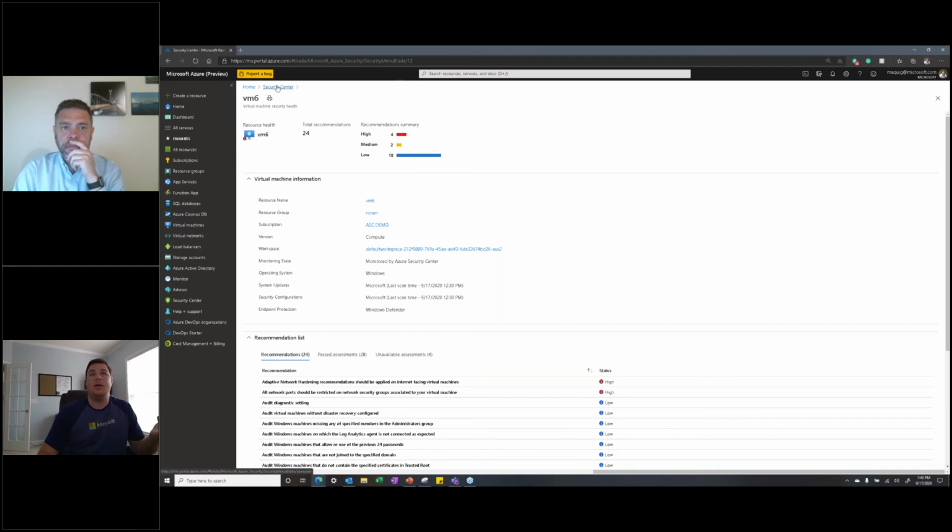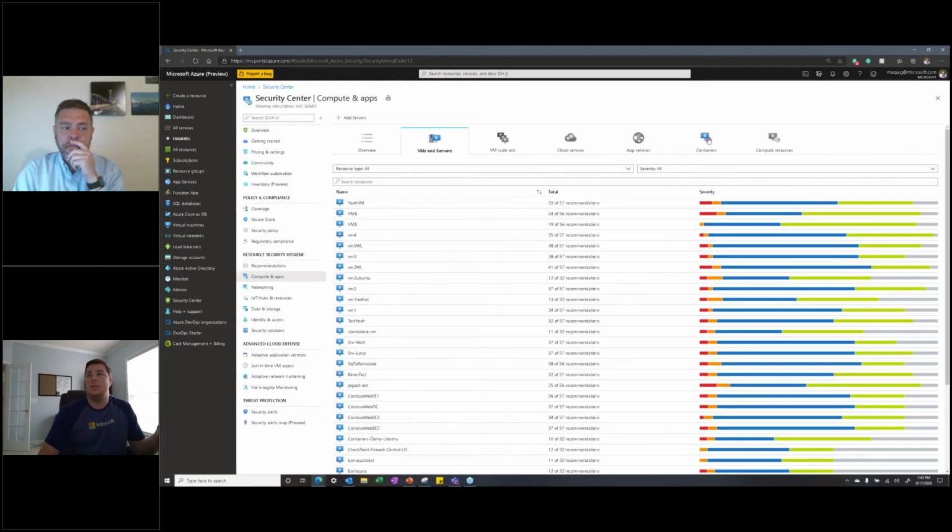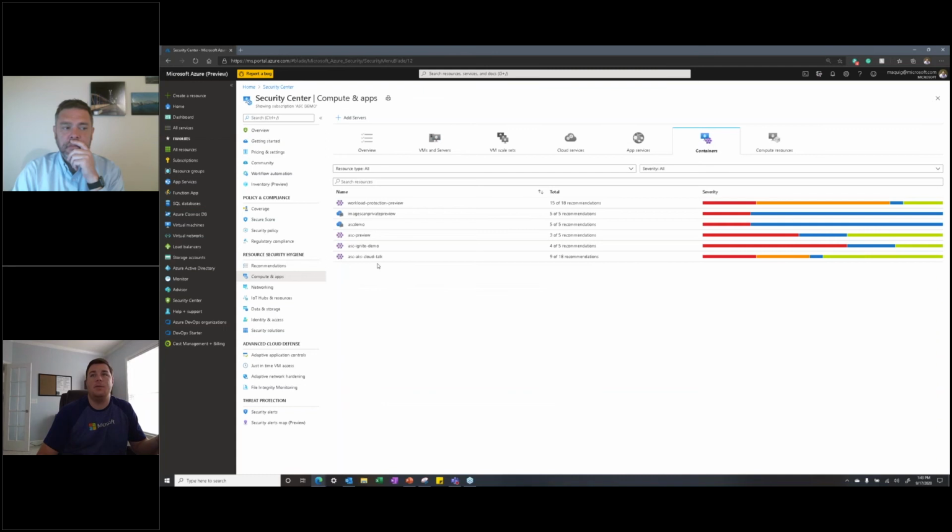And the other side of the coin is, a very popular service now is Azure Kubernetes Service, right? And with that comes a lot of configuration.